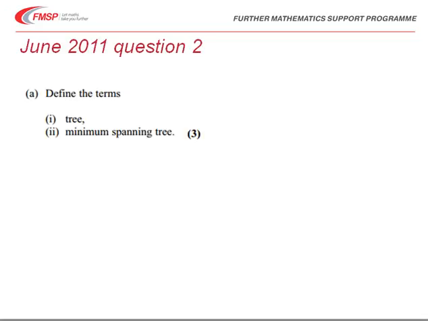So the first part of the question then is one of sort of definitions from bookwork. So firstly, a tree. We need to get some terms into here. It's a connected graph with no cycles. So those terms are what are being looked for here. So a connected graph and no cycles. So connected, all the points are joined together, but a cycle means that we don't have any loops within our